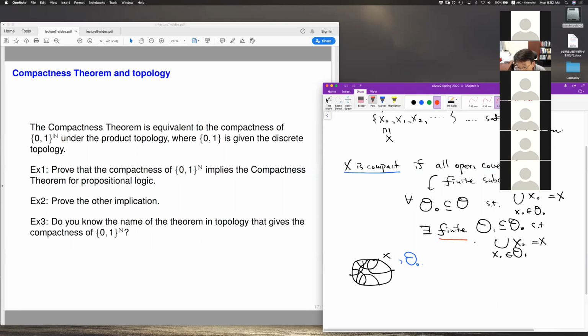So with this finite, you can see that there's some connection to the compactness theorem that we studied, which also tries to connect satisfiability of the entire set to satisfiability of a finite set. Okay, so now how does it relate to what we studied? It turns out what we are studying,